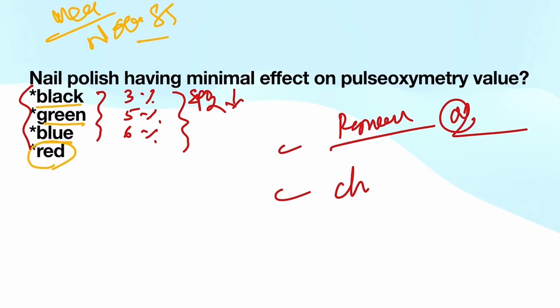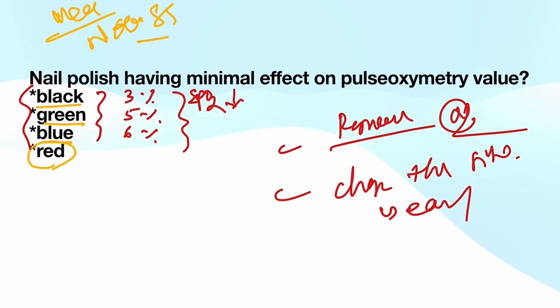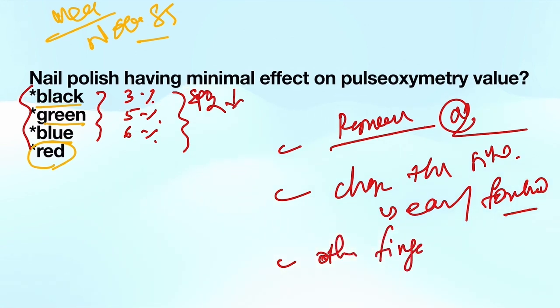Simultaneously, you can change the site, like the ear, or if you have a forehead probe, you can use that, or another finger without nail paint, right? So remember,